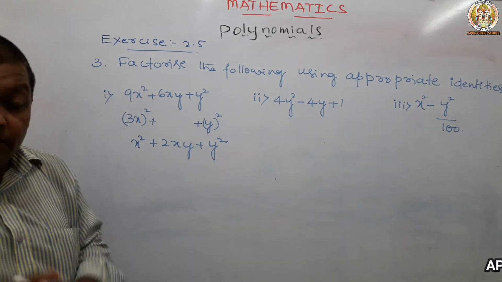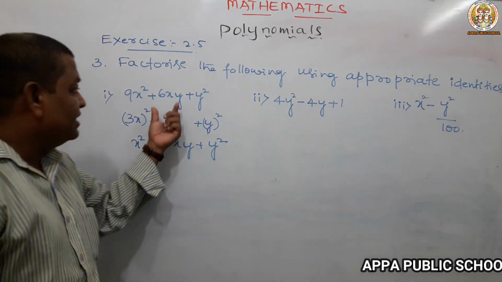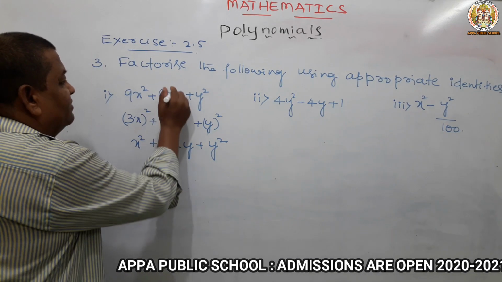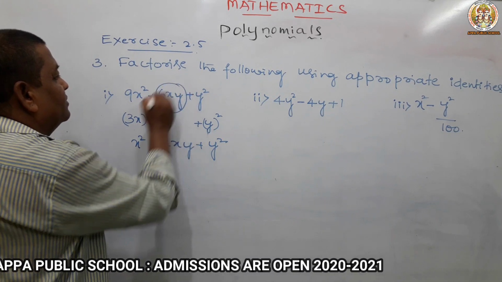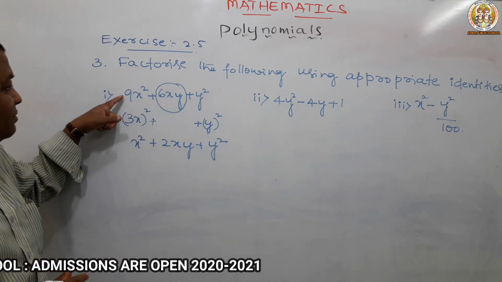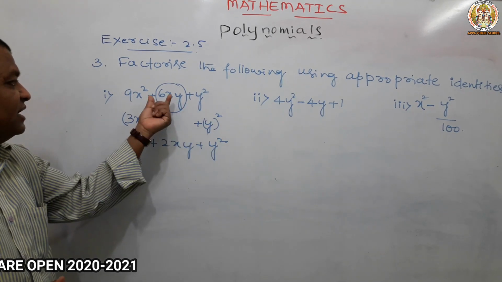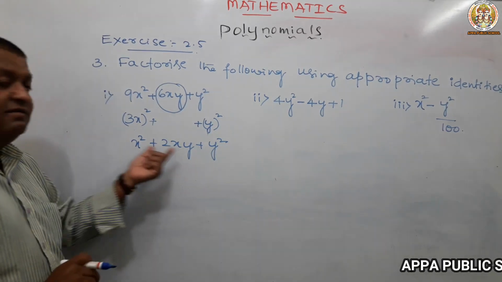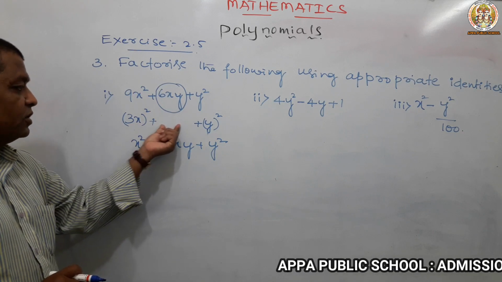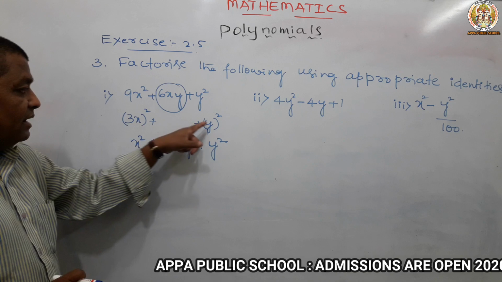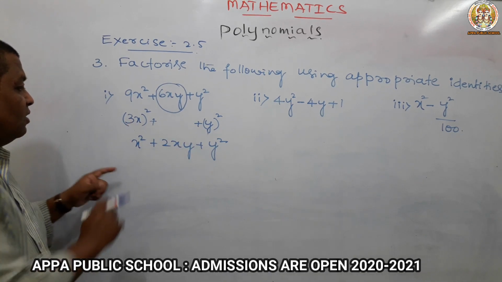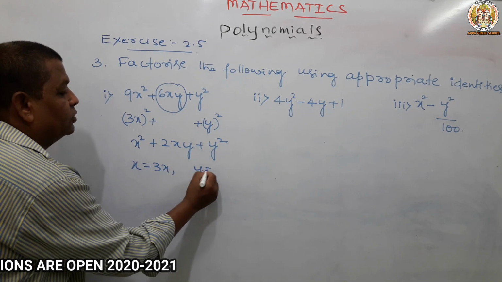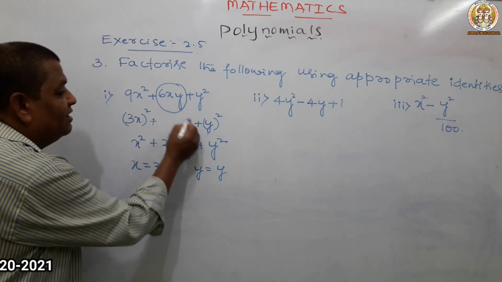So I am showing an easy method to get things easily, because students are facing problems at this place. How to write this? They come directly to squares and squares, and here they do not understand how to proceed, because we saw this in our career. So that's why I am giving one easy method for this place. Okay. So I got x square and y square. After that, what is x value? x is 3x. What is y? y is equal to y. So now we can easily fill up this box.